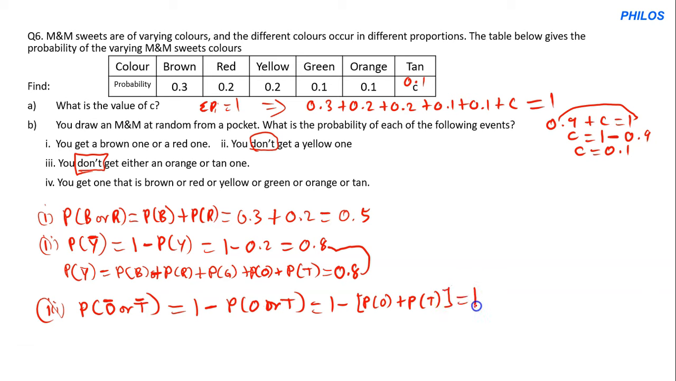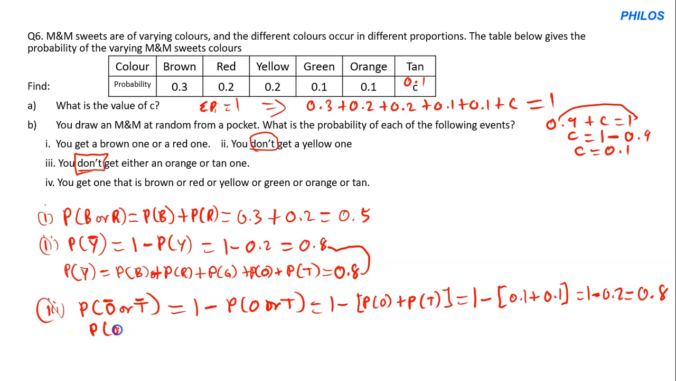which will give us 1 minus, in bracket, what's the probability of getting an orange? It is 0.1, plus the probability of getting a tan is also 0.1. So that will give us 1 minus, 0.1 plus 0.1 is 0.2. So 1 minus 0.2 is 0.8. So the answer is 0.8. Another way of getting it is